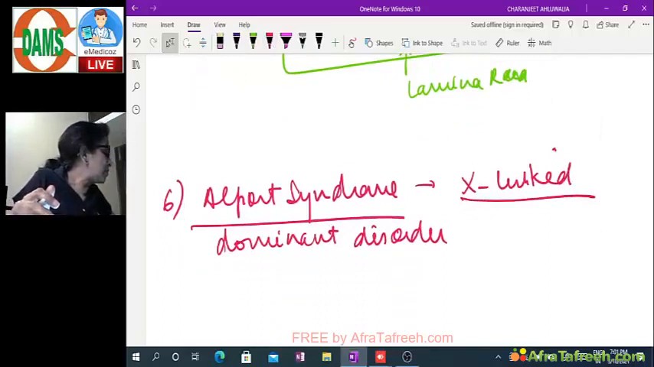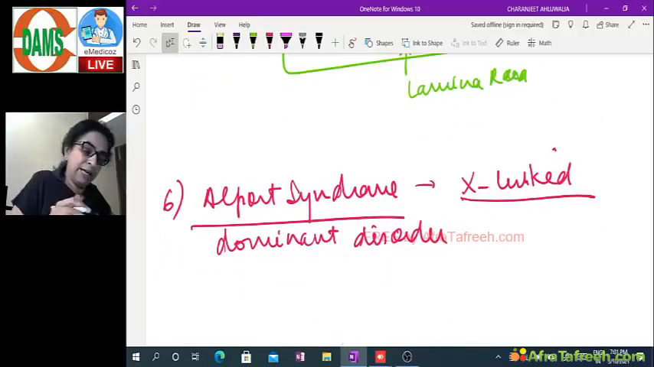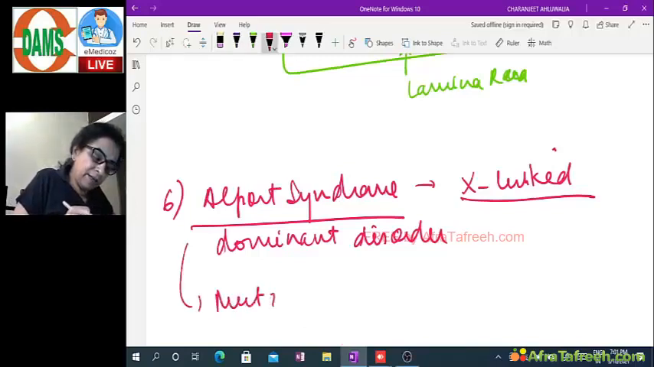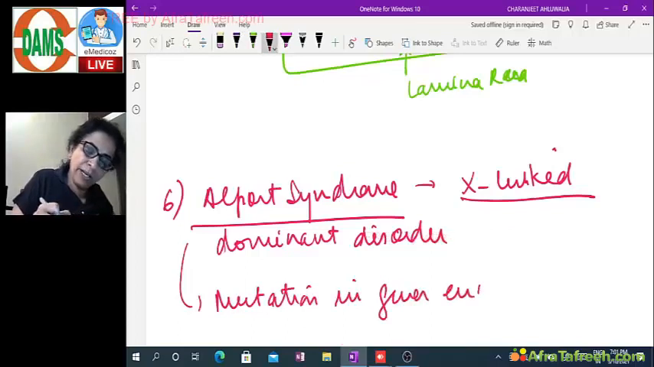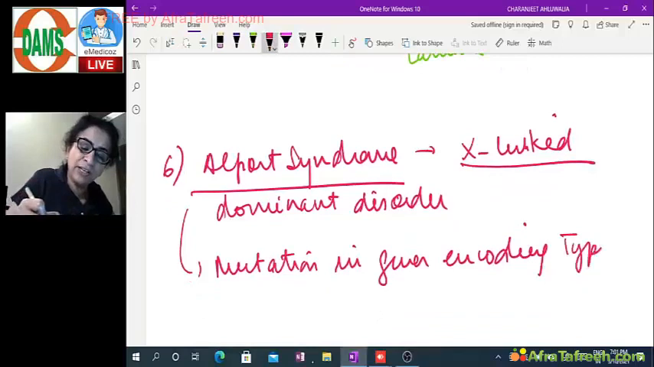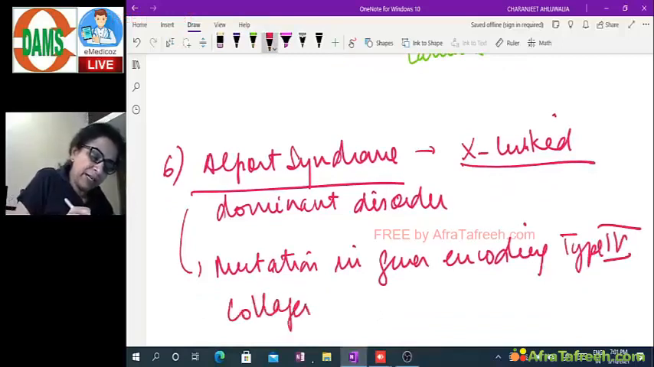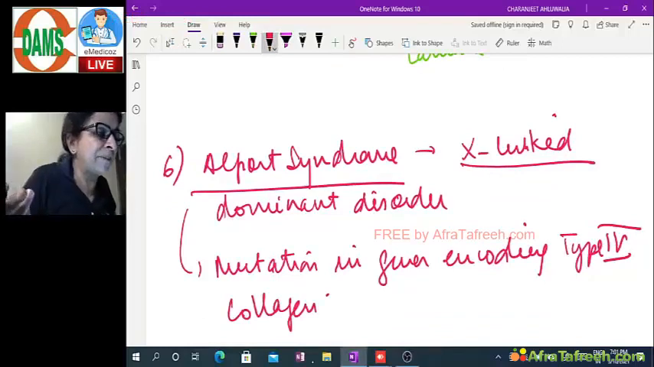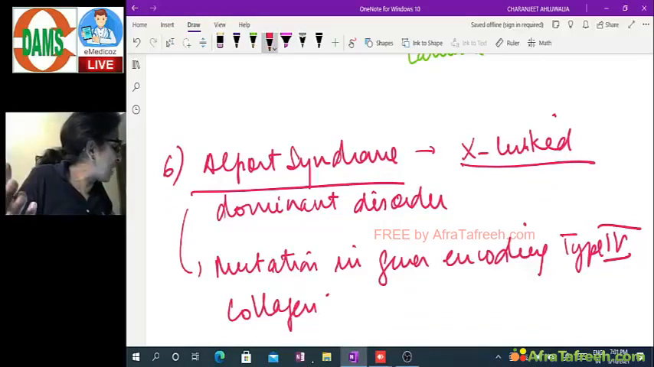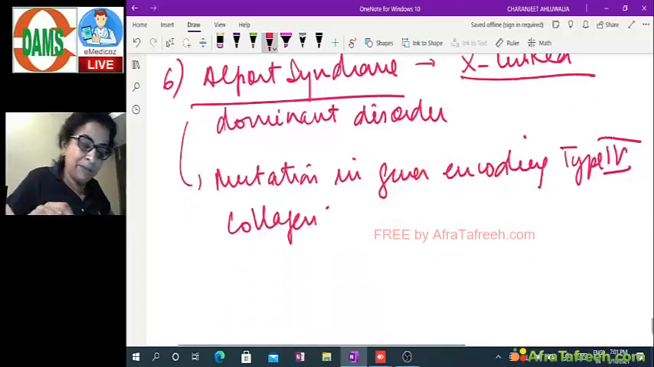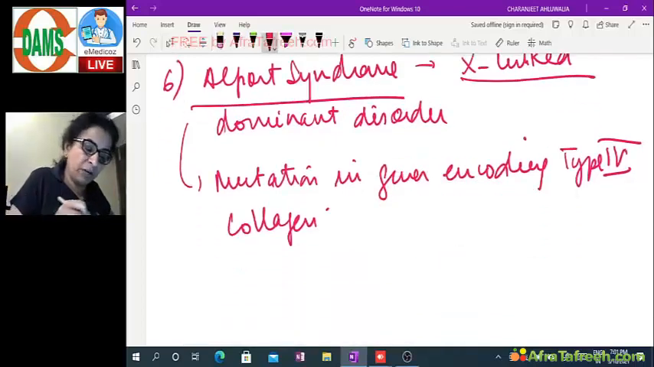In Alport syndrome, there is mutation in genes encoding type 4 collagen. You know, GBM is made up of type 4 collagen. So if the genes that produce type 4 collagen are mutated, type 4 collagen will not be formed properly. And if type 4 collagen is not formed properly, GBM is abnormal. So there is mutation in the gene encoding type 4 collagen. As a result, the GBM